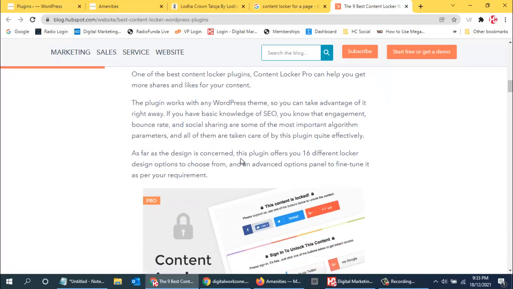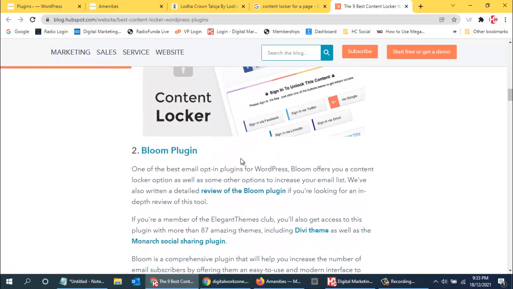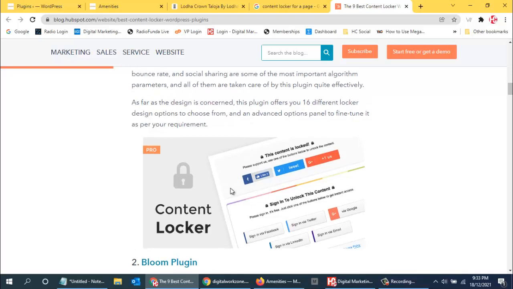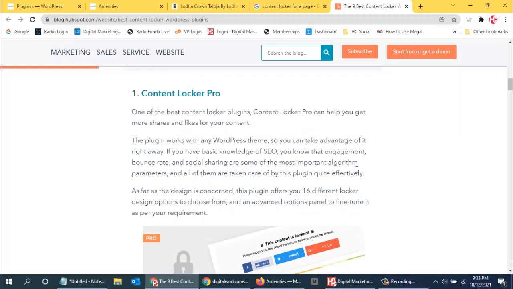So this is basically for social media. 16 different locker design options to choose from.